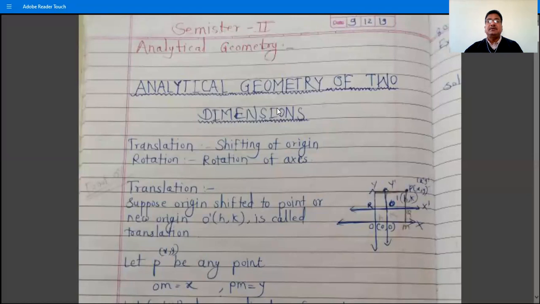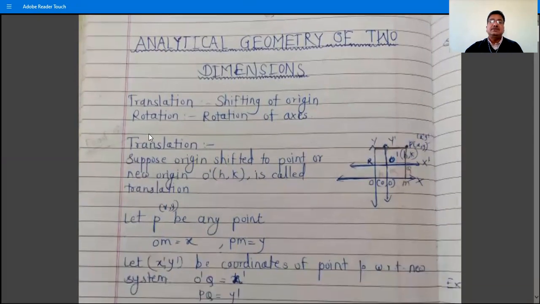In the previous paper, paper number 1 is what? Algebra, and now it is geometry. So it is different from the algebra. So we are going to start the first chapter of this analytical geometry of two dimensions, and the first definition